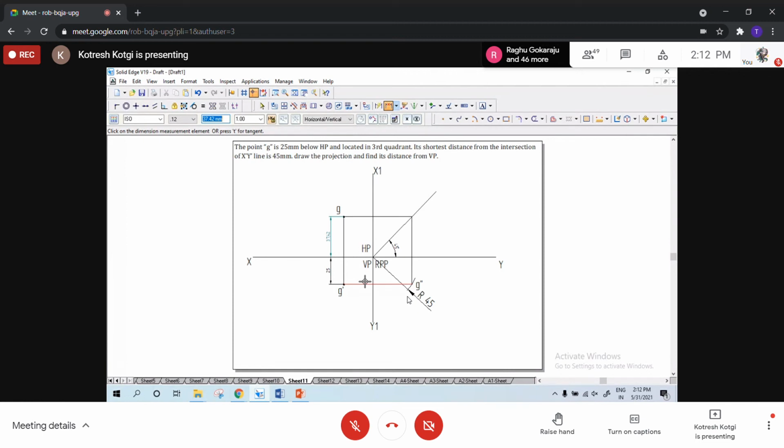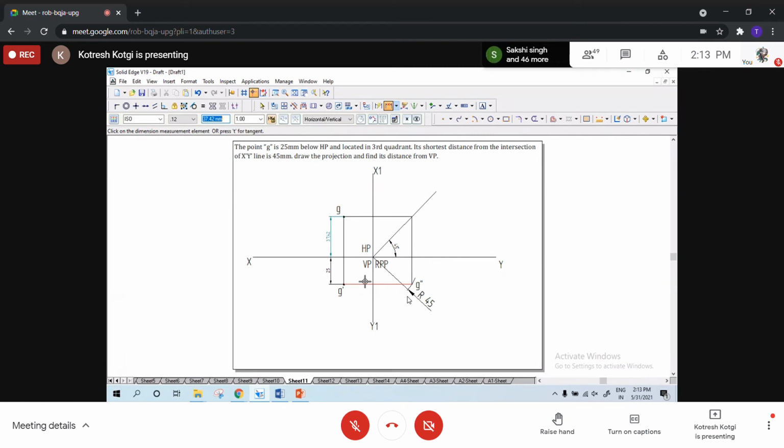Now this is the reference. You solve it manually and compare your answers. You may get 38. You can't measure 37.42 on your normal scale manually. You may get 38, 37, or 39. So 1 mm or 1.5 to 2 mm, there will be variation with respect to software. When you draw it manually, that 1 or 2 mm deviation or error will be there. Up to 1, maximum 2 mm is acceptable, not more than that. So you're supposed to be very careful in dimensioning.